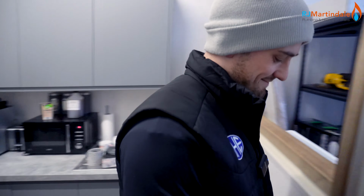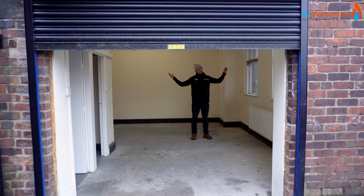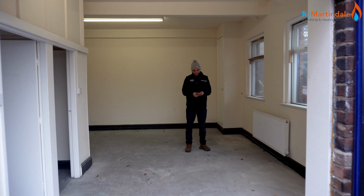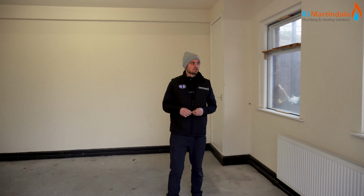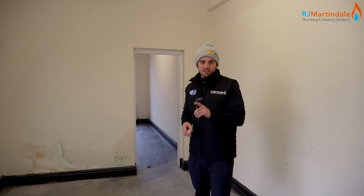We have the key. Let's go, Dan. Here we are. Here's the storeroom, well, the new storeroom / office. Let's have a walk around and see what we're dealing with. First thing I've noticed,